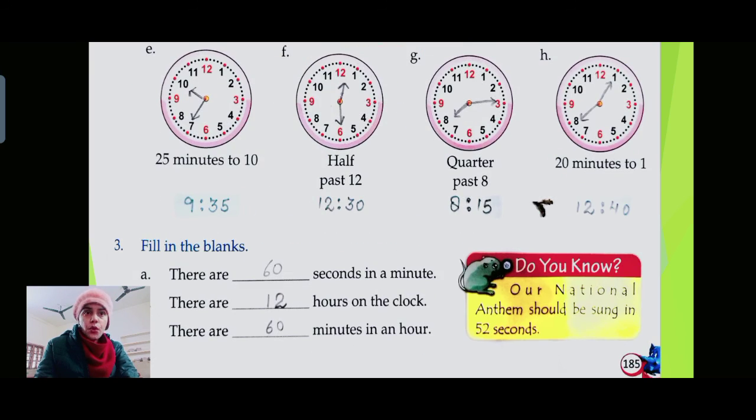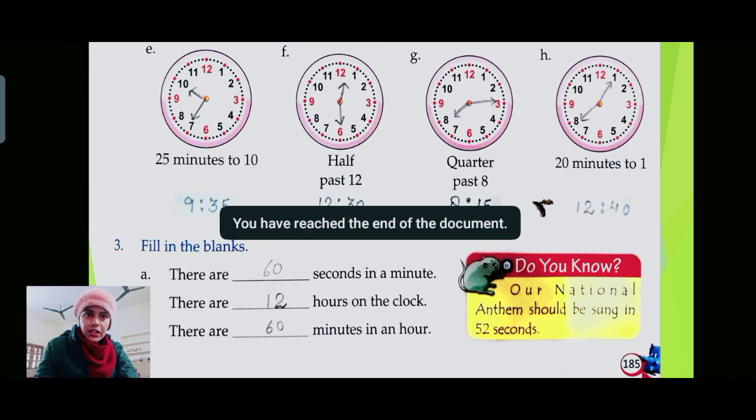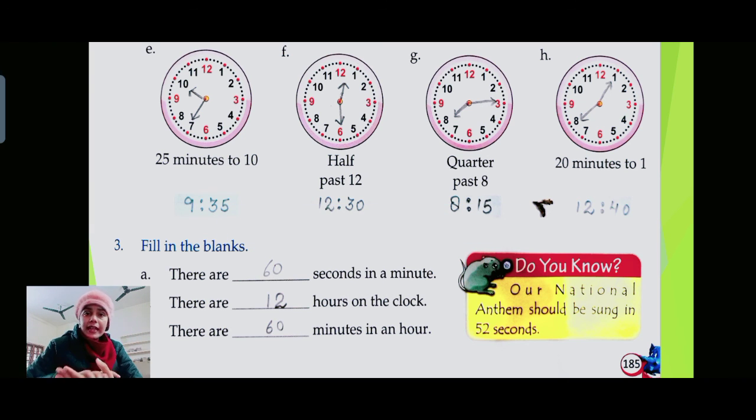So that's it for this video, children. We have reached the end of this document. Now, children, as for your homework, you will just finish all this work in the book only, nowhere else. And if you have already done this work in the book, then don't do anything, just revise the concept, okay? And please do not write anything extra in any of the copies until you get your PDF.